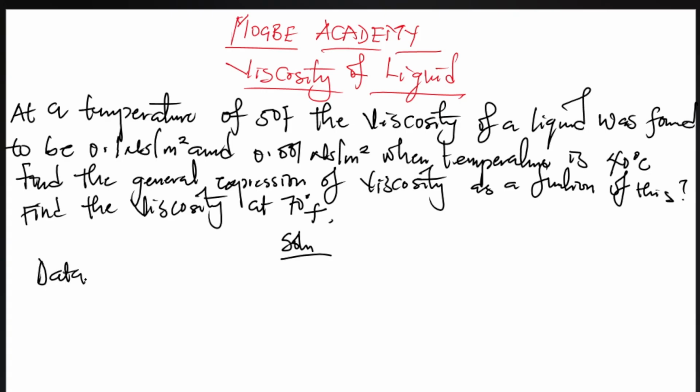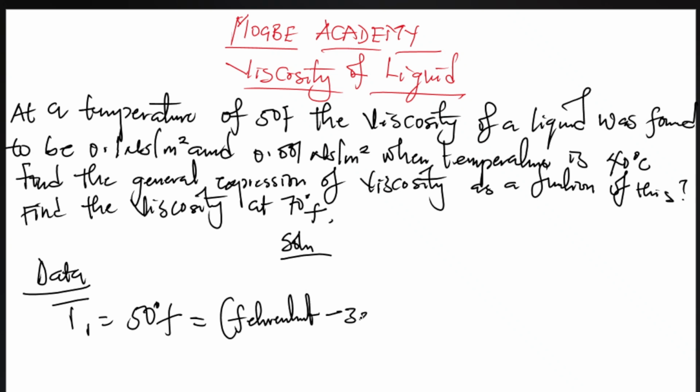Now for the first thing here, the first thing is to bring out your given data, right? Now your given data is stated: temperature 1 is 50 degrees Fahrenheit. So you have to convert Fahrenheit to Kelvin. If you have to convert Fahrenheit to Kelvin, you recall the equation, that is stated to be Fahrenheit minus 32 times 5 divided by 9 plus 273. So this equation is used to convert Fahrenheit to Kelvin, where you simply put your Fahrenheit value here and you punch your calculator to get your value